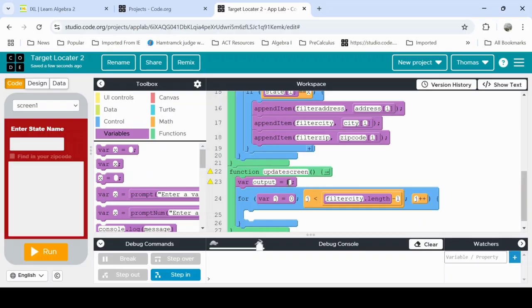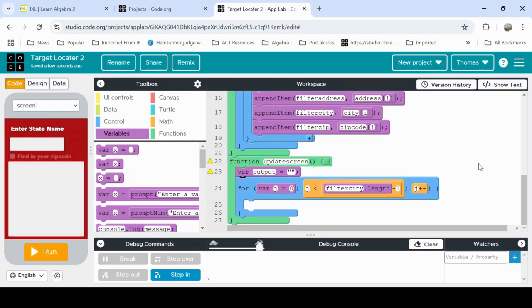And I'm going to make it an empty string, opening and closing quotes. And then what I want to do is update the output variable. To include the previous line, we have to put output equals output plus, and then we're going to do filter address J plus, and I'm going to put to the screen a comma with a space in quotes plus filter city J